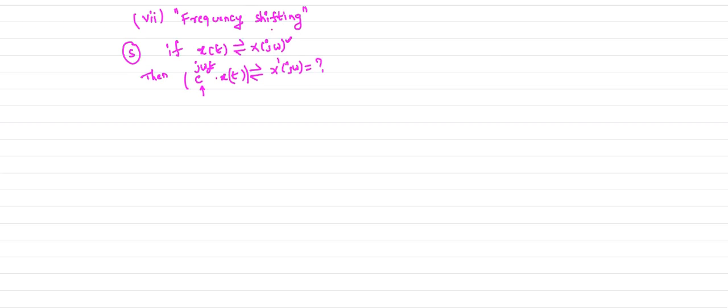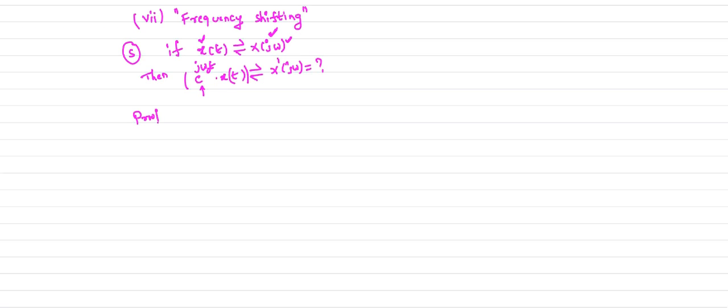I want to shift in the frequency domain. So this is your frequency domain signal, and in this I want to get the shift, whether it is a right hand side shift or a left hand side shift. To get this shift in the frequency domain signal, we need to multiply the time domain signal by this factor, e power j omega naught t. When you multiply this factor with your time domain signal, you get a shift in the frequency domain. How we get the shift, we'll see in the proof.